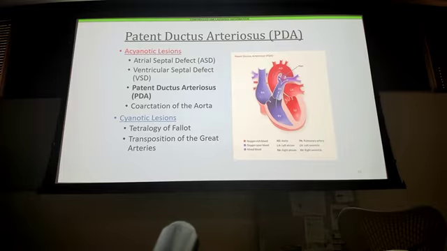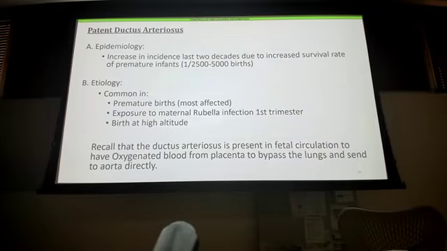Now let's go on and talk about the patent ductus arteriosus. We talked about the ductus arteriosus is this bridge that goes from the pulmonary artery to bring blood directly to the aorta in utero or in the fetal circulation, right? Well, in about 1 in 2,500, maybe 1 in 5,000 births, this does not go